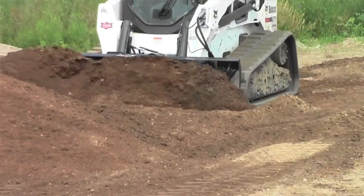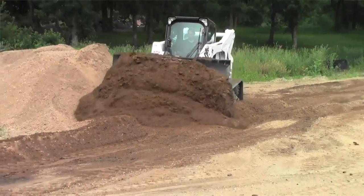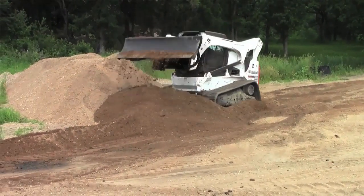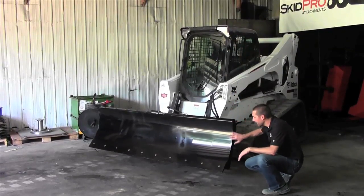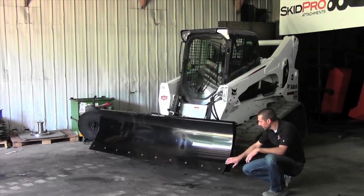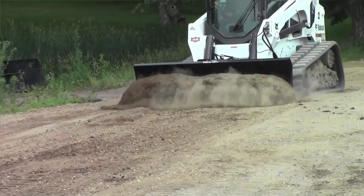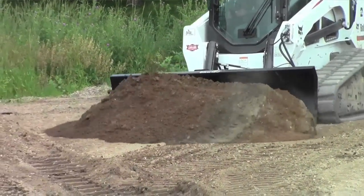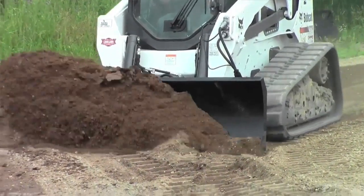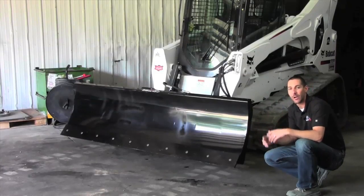This blade is heavy. It's a cold rolled steel. I like the cold rolled steel because it's stronger per pound than a cast iron. It also allows you to have a nice deep dish on the moldboard. The deep dish moldboard serves a couple key purposes. First, when you have that curl, that dirt is going to be churning in front of that blade better. And when you do that, almost like a snowplow, you're going to be able to handle a higher volume of